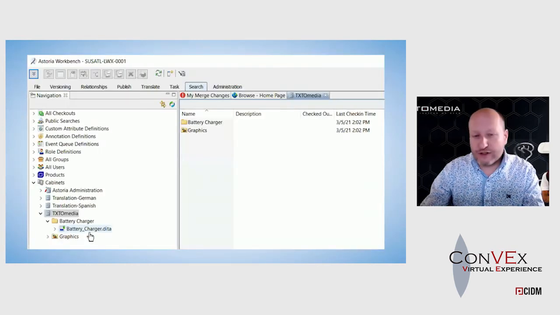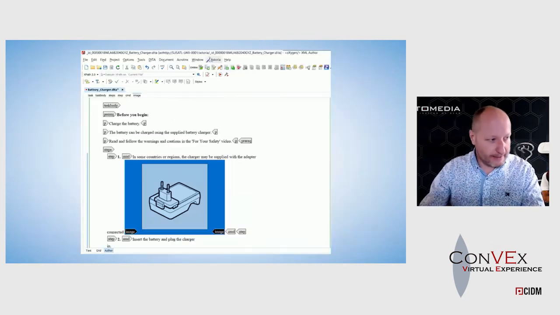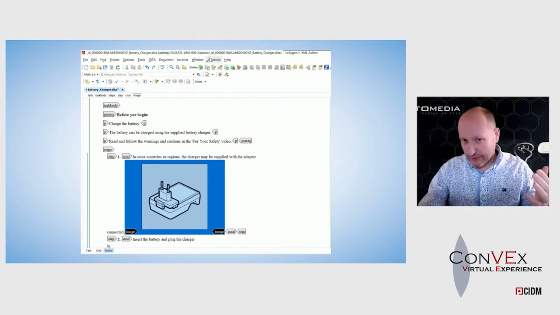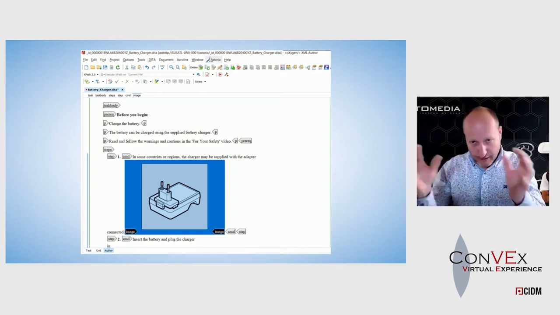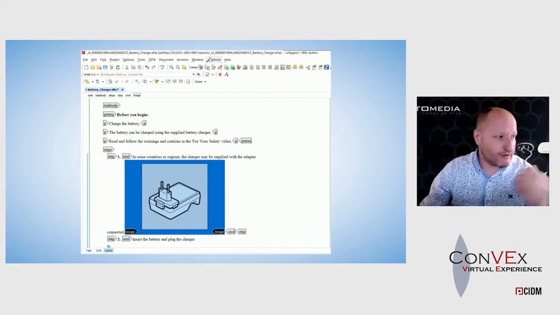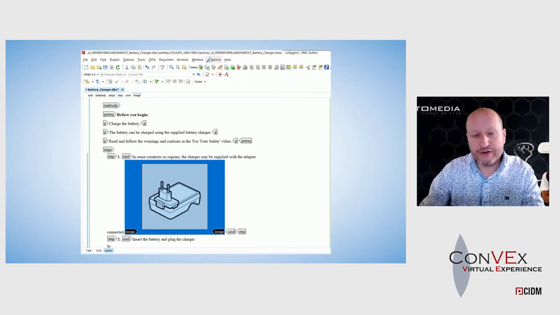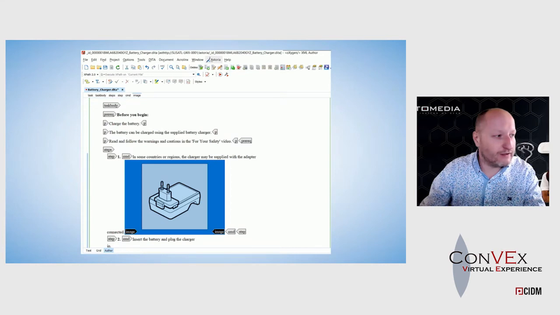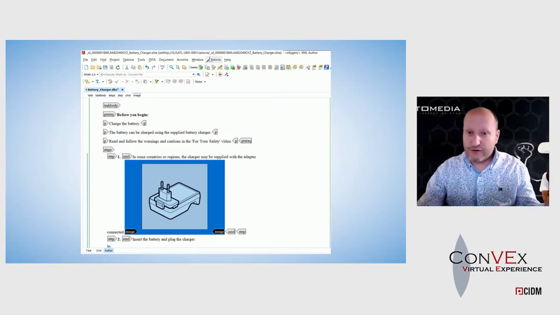And that looks a little bit like this. Here's that topic in the CCMS, and if you open it up, you will see it in the editor. I think this is quite familiar to most of the people watching right now. This is what you normally work in. You write a topic, and that becomes a component of, for instance, a book, and even the steps of a procedure can of course be reused. And all these pieces will at the end deliver you that video. Here you see text, a structure, and an image,